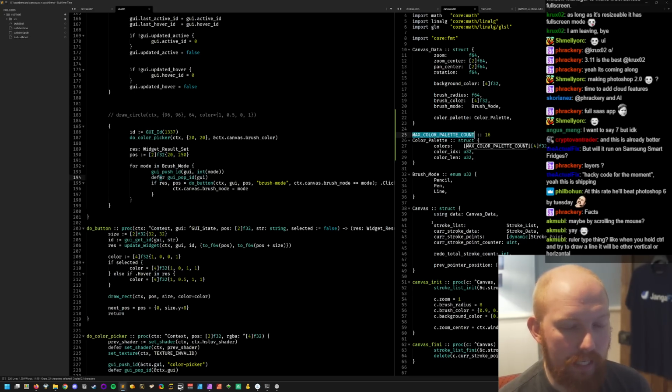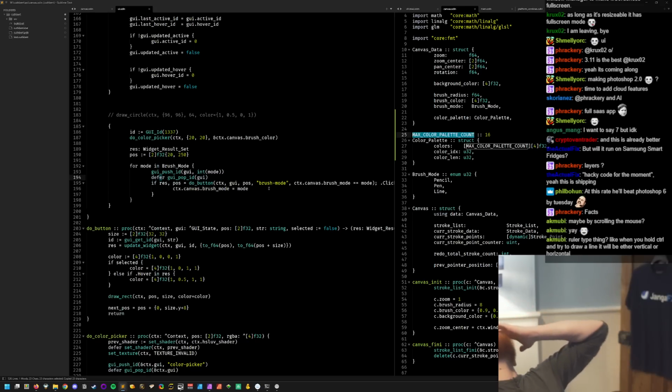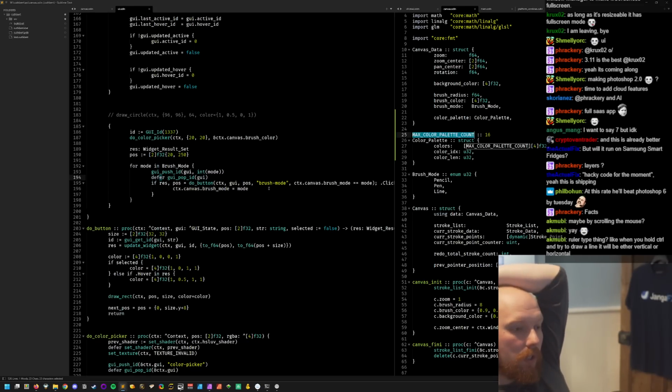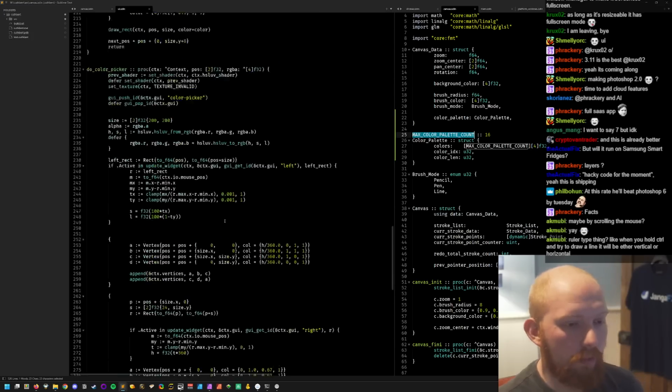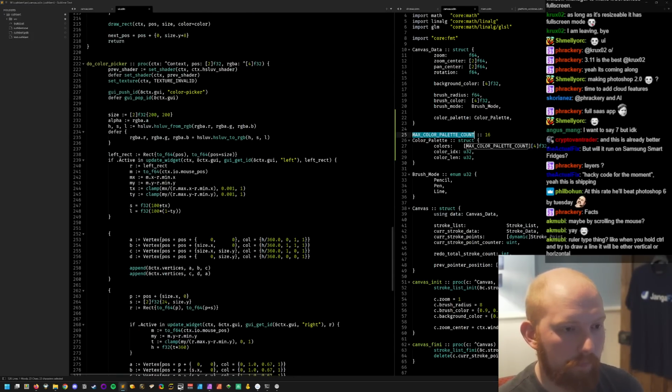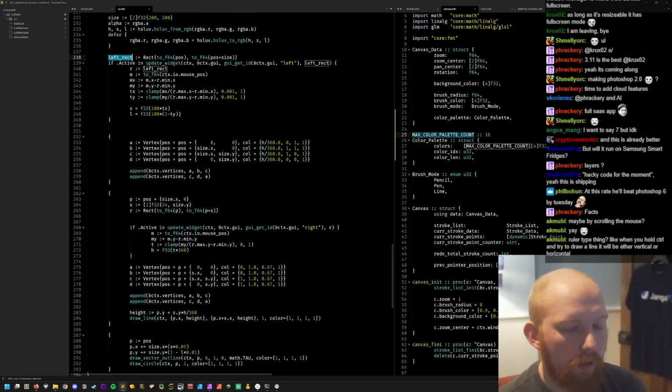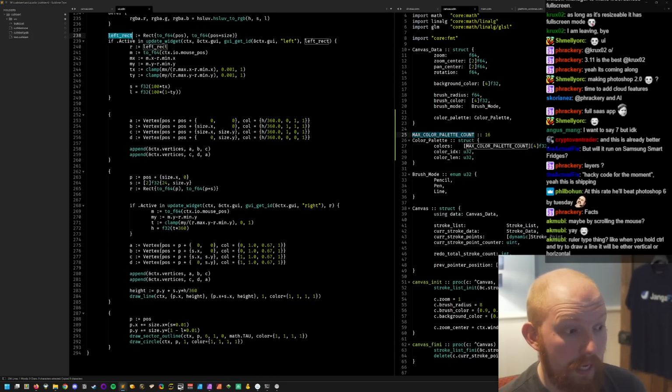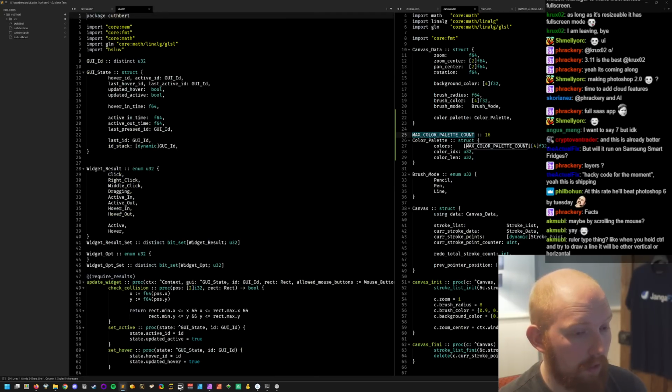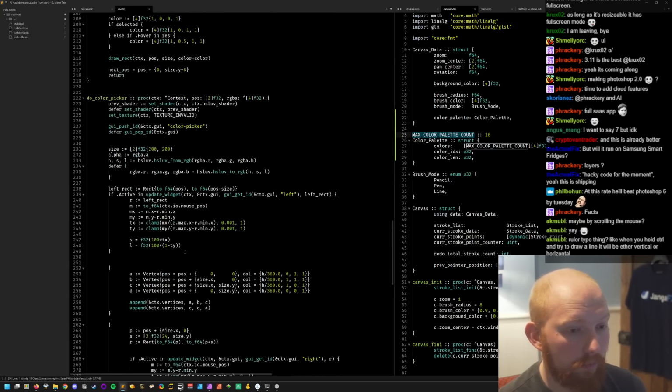So when we get to this... The point is when we set a color, that adds one new to the palette. So when we do the color picker, on either of them being like active out,